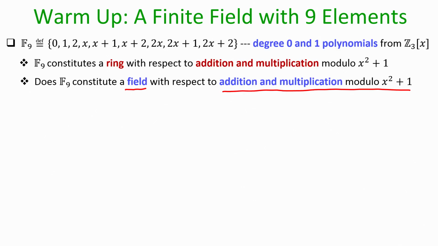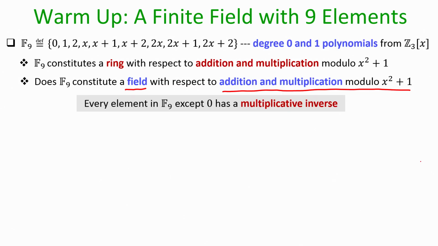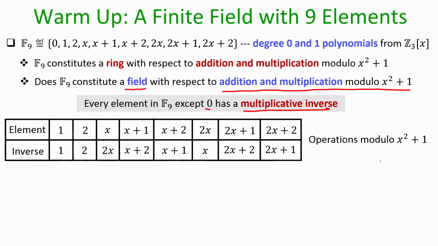And for the field axioms, we need that each non-zero element should have a multiplicative inverse. So, I have to check whether every element of this set F9 except the element 0 has a multiplicative inverse. And it turns out that indeed each non-zero element of this set F9 has a multiplicative inverse. So, for instance, the multiplicative inverse of 1 is 1, because if you multiply with 1 you get 1, and then if you do a modulo x square plus 1 you will get 1. In the same way, the inverse of 2 is 2, because 2 times 2 is 4, and 4 you will first